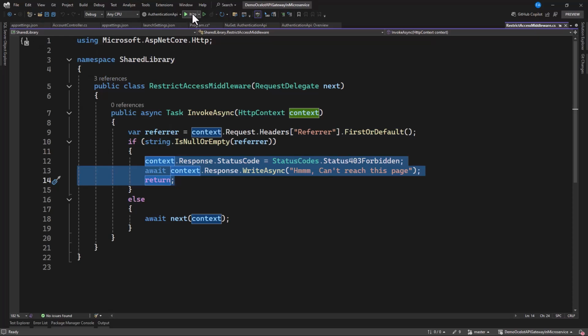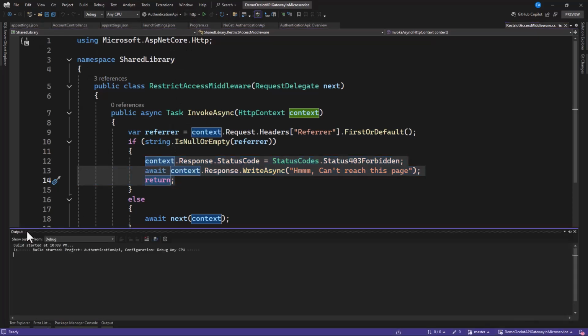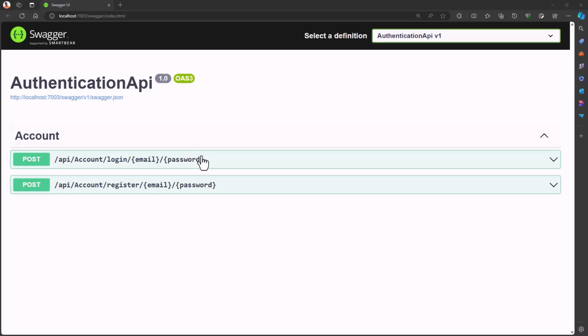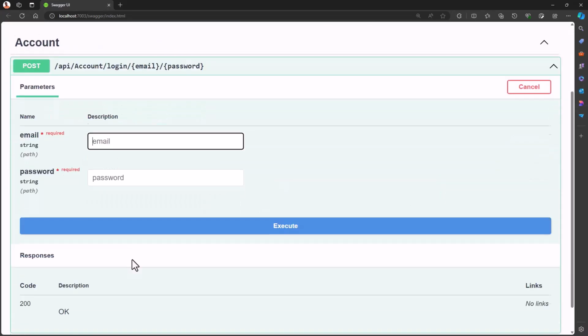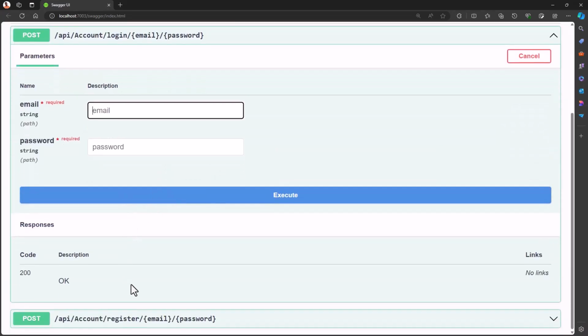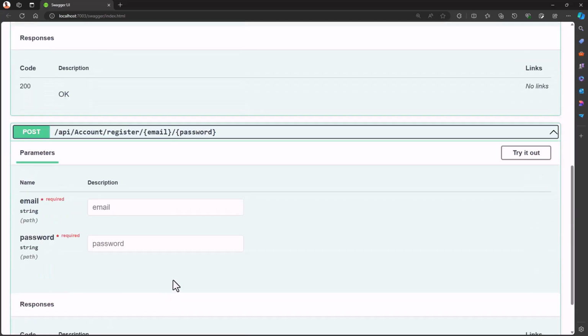Now when you run this again, if I try to register or log in, I'm going to have 403. That is forbidden. Let's wait and check it out. So quickly, let's try to log in. Okay, we need to register first, right? So let's see from a registration.